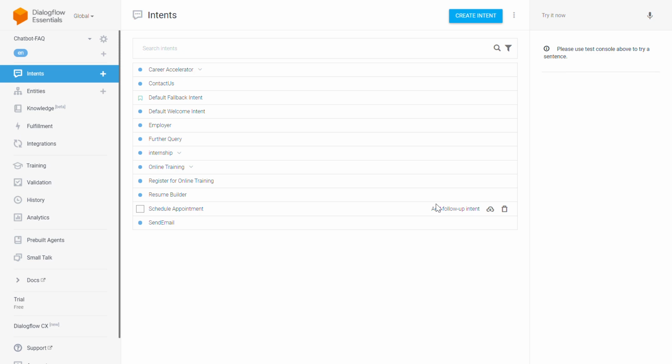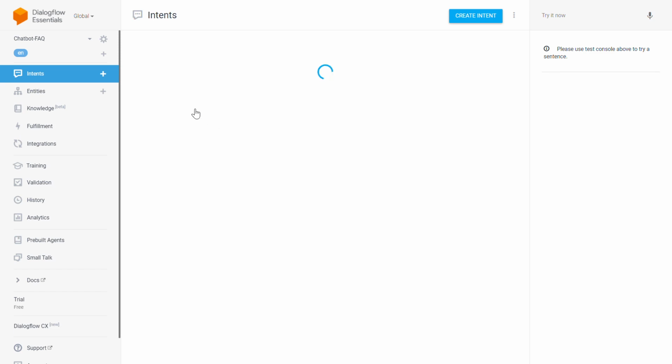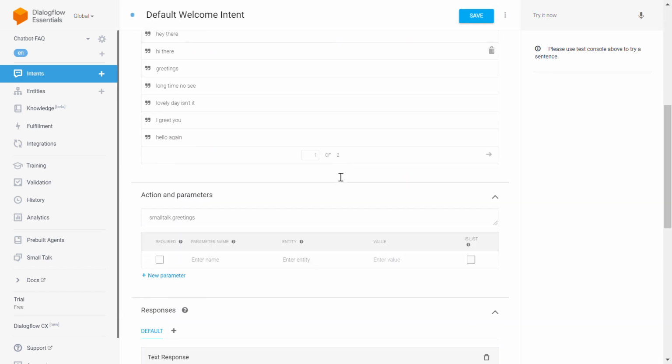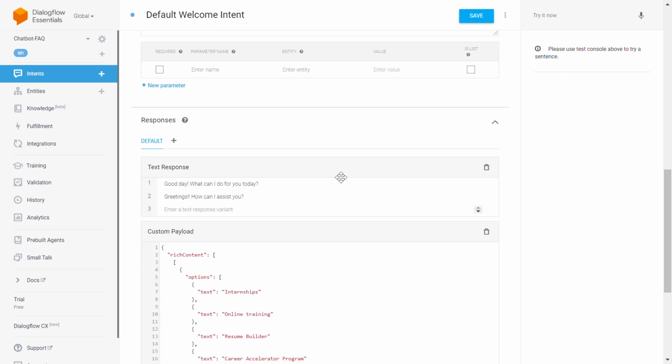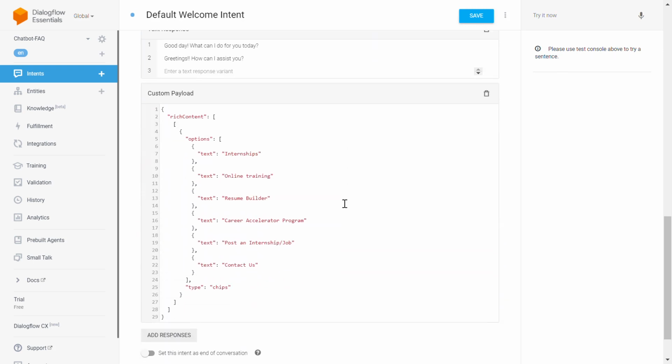For this, firstly we created the intents. That means what users want to ask the chatbot. The first message which will be displayed by the chatbot is given under the welcome intent. In this, the first message popped up will be the greeting to the user, followed by the services provided by Internship Gate. For displaying the services, we have used suggestion chips.